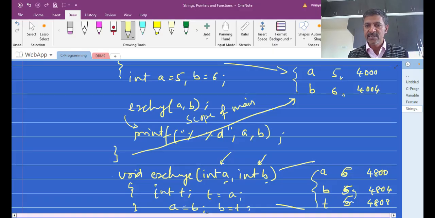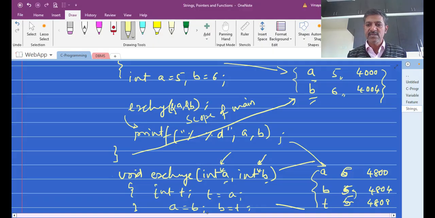You're actually printing these two, A and B, not these two. So the exchange did not take place in this memory area. We can see that by printing the address, right? Now, if you want to see the difference, if I pass the address of the variables, if I say ampersand A and ampersand B, and here if I say star A and star B,